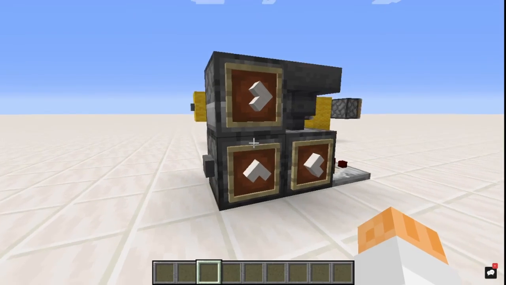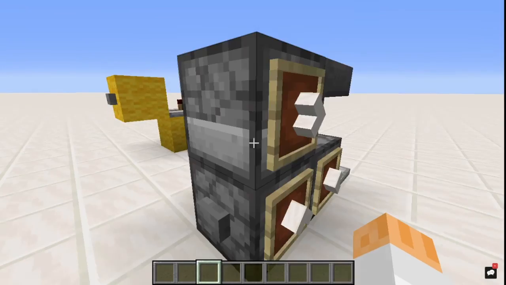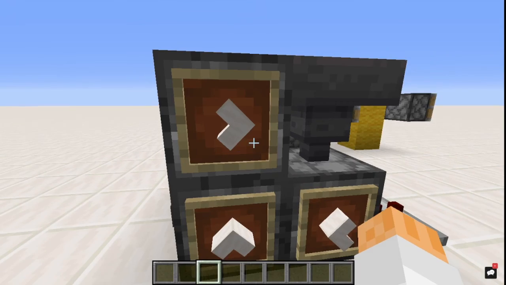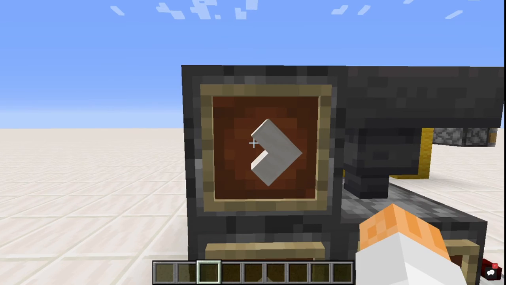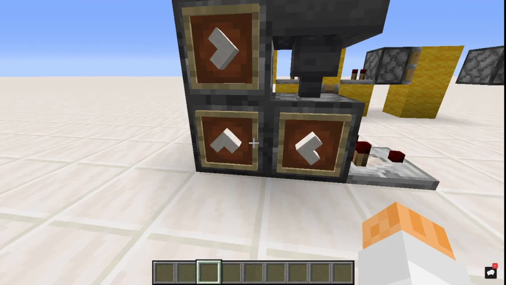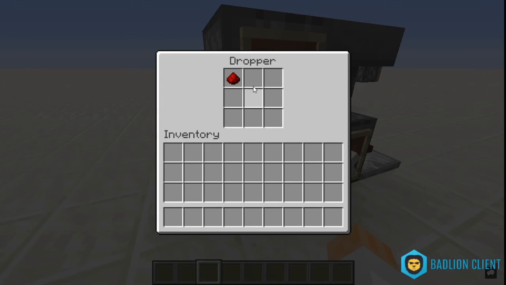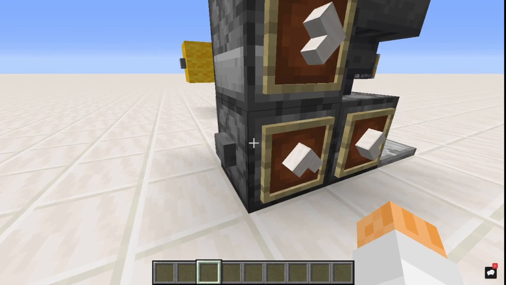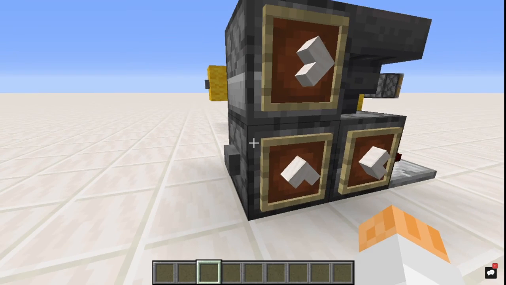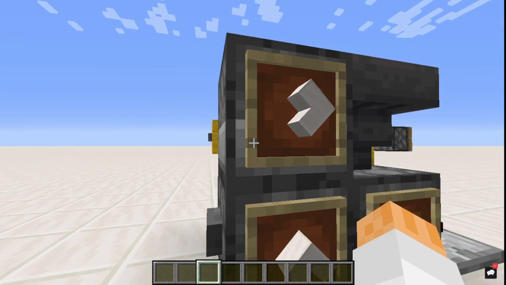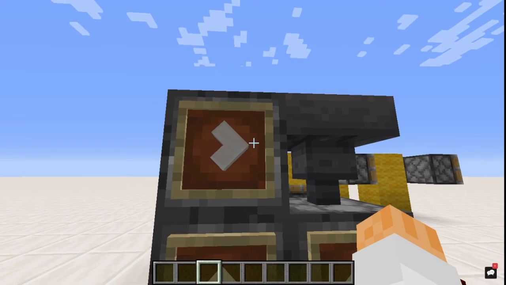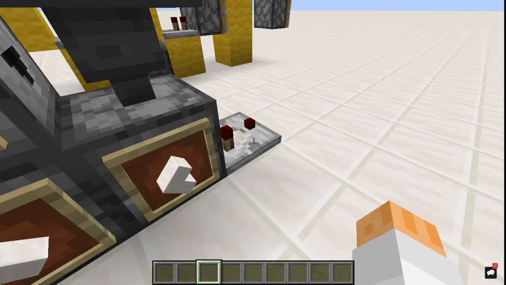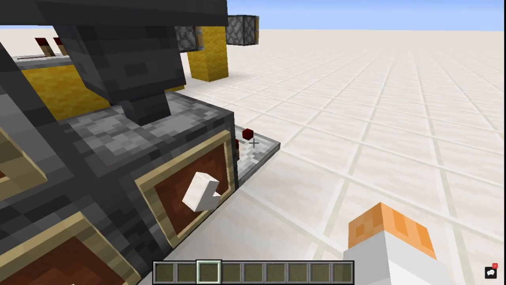This is a much smaller version of this machine here, but it uses more droppers, and it uses 3 droppers and 1 hopper. The droppers are facing in a circle, as you can see with these arrows I've made here, and there is 1 item on the inside, which just happens to be redstone dust, just because. So when I click this button, this dropper will power and shoot the item into this dropper, and then this will shoot the item into this hopper, which will then drain into this dropper here, and then this comparator will detect it and put out a redstone signal,